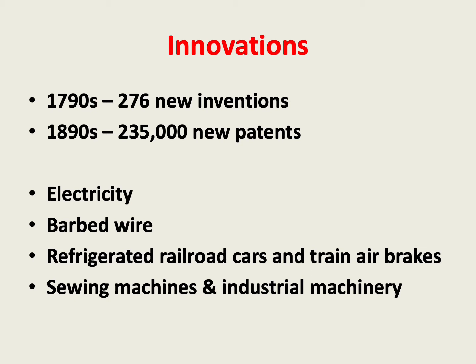Barbed wire was one of these. We discussed this in the last lecture. It doesn't seem very high tech, but as we saw in the last lecture, it had a major impact in the agricultural sector in Texas and elsewhere. We had refrigerated railroad cars, which allowed fresh meat to be transported, as well as products such as fresh milk and cheese. Trains were greatly improved by the development of air brakes, a new technology which allowed the train driver